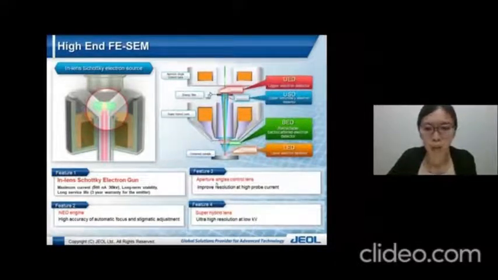JEOL patented this aperture angle control lens here, whereby it can improve the resolution at high probe currents. Usually when we increase the probe current, the beam size is bigger and eventually the resolution becomes poor. But with this aperture angle control lens, it can help to maintain the beam small and focused,